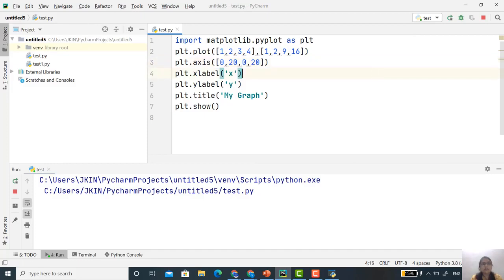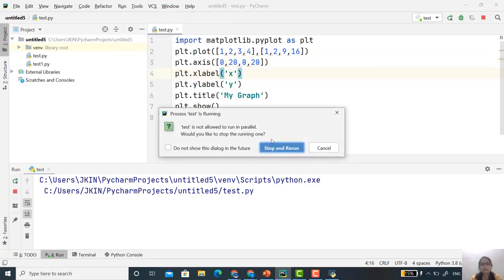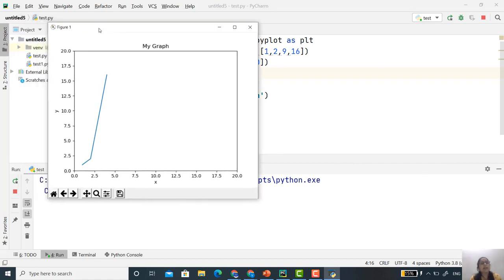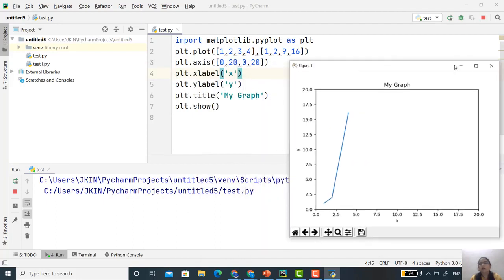Now let's see what happened. Yes, see, it is from 0 to 20, and my y-axis is also from 0 to 20. So likewise you can modify your graph.